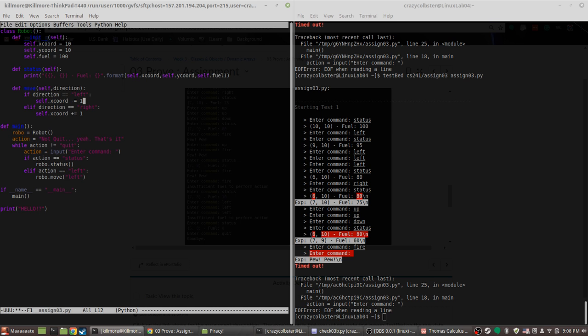Elif direction equals up. Self dot y coord. If you go up, yeah, it's plus equals 1. Elif direction. Actually, not just else.